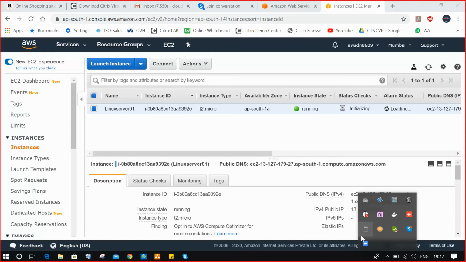You are connecting to a web server remotely. What is the port number? HTTP, HTTPS. You are connecting remotely for file transfer. What is the port you are using? FTP, file transfer protocol. Sorry, Mahesh, when you use the word web server, do you mean the website? Yes, that's correct. A website is hosted on the web server. Okay.